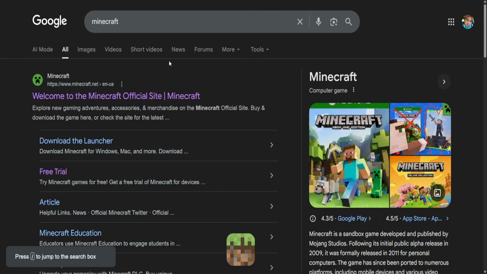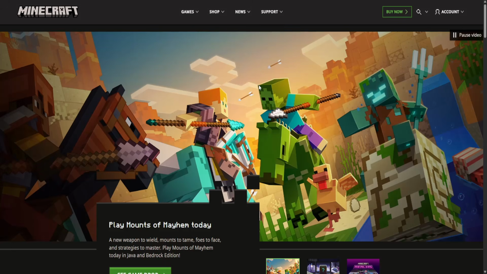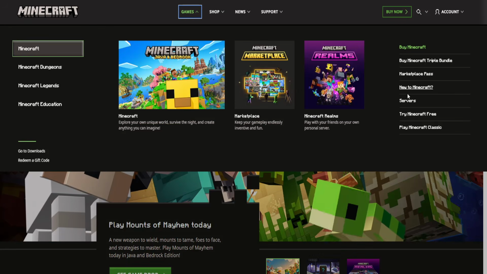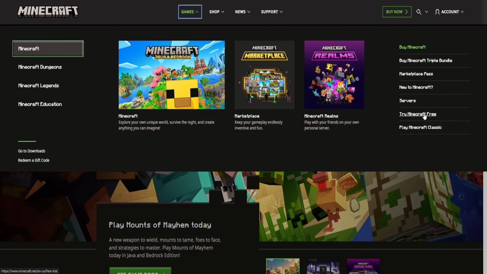How to download Minecraft for free on PC. Google search for Minecraft, open up the first website. Now right here you will click on games at the very top, and then you want to select try Minecraft